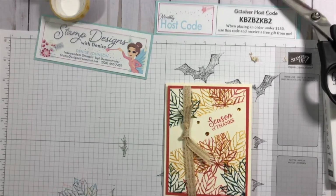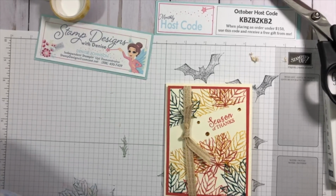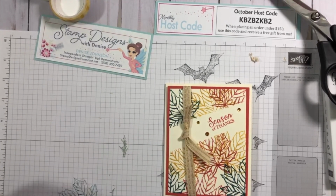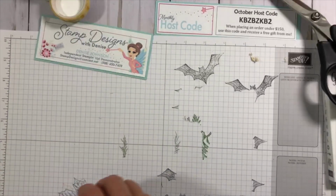Okay, let me just get some of this stuff out of the way. And we'll go on to our final card, which, if you've been paying attention, our first card was Halloween. Our next card was for Thanksgiving. So our last card will be for Christmas. Let me set this aside. And